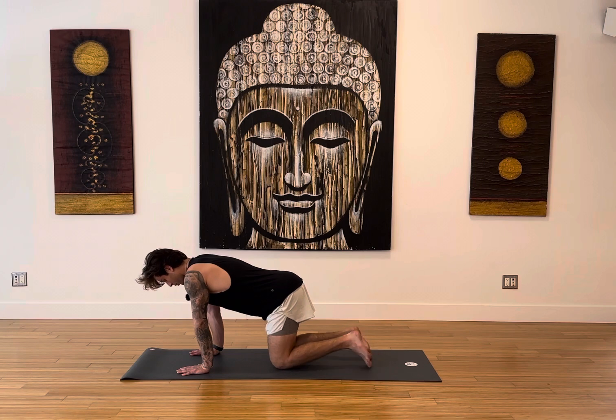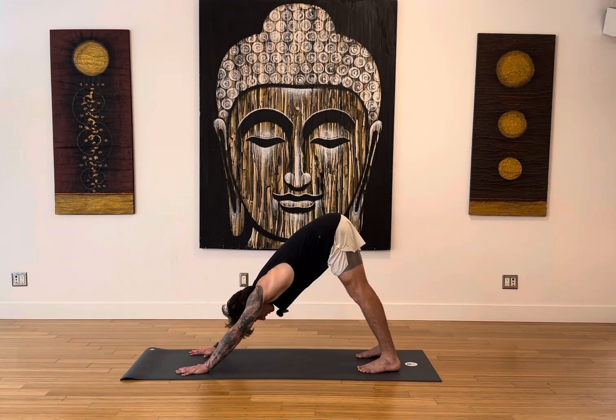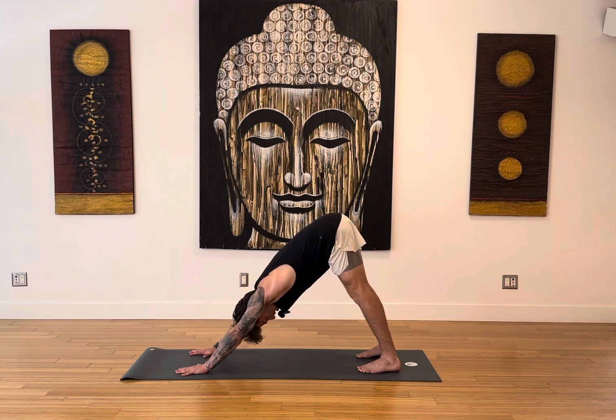Eyes of elbows peel forward. We tuck toes, send hips all the way up and back. So we're landing in our downward facing dog. Now, from hands all the way through feet. As we pull the energy from the earth through our hands, it's going to begin to try